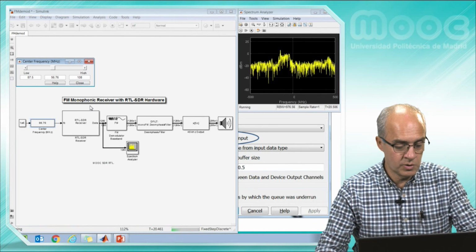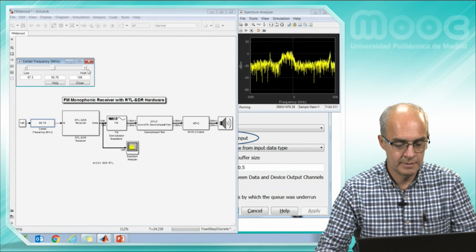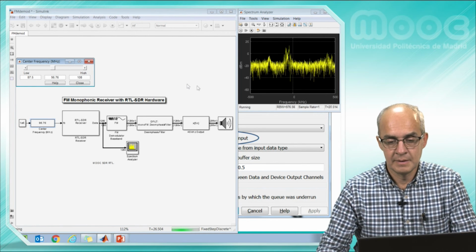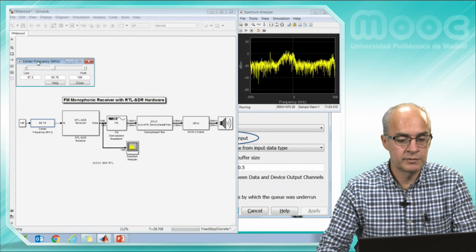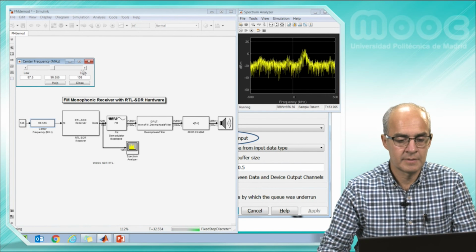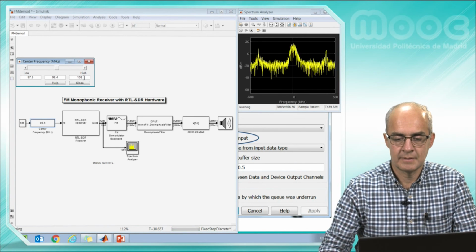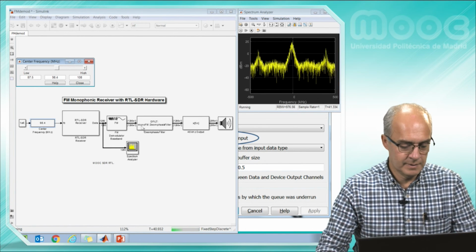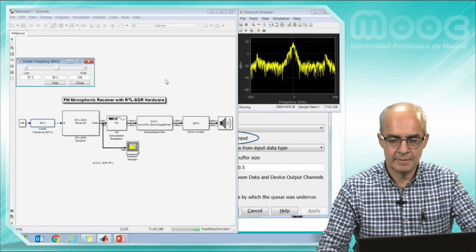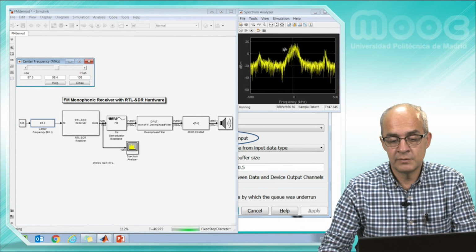And we can switch on the audio device and we can hear the modulated signal. And here we have tuned this signal.